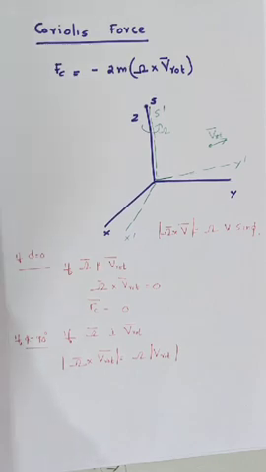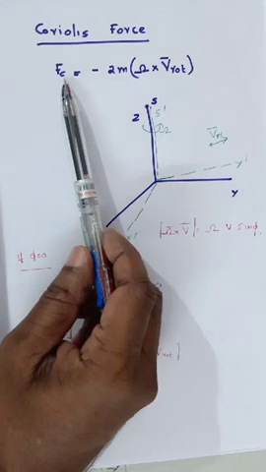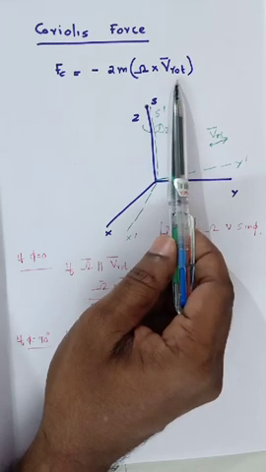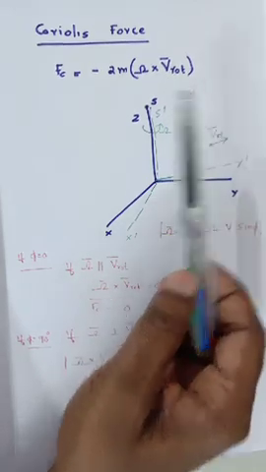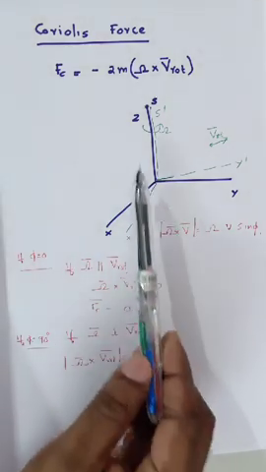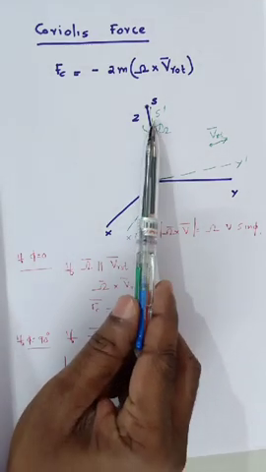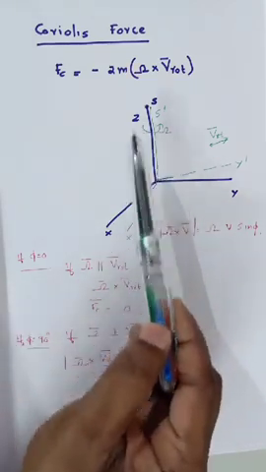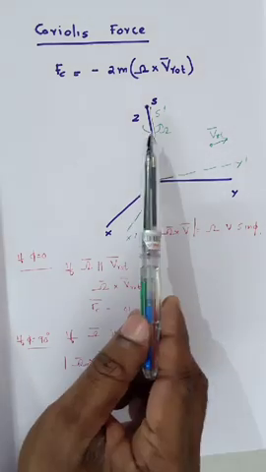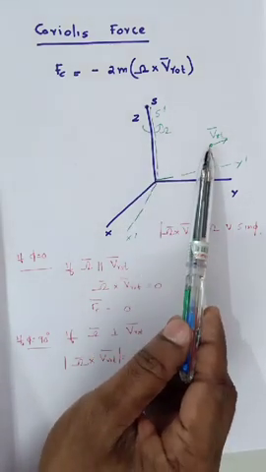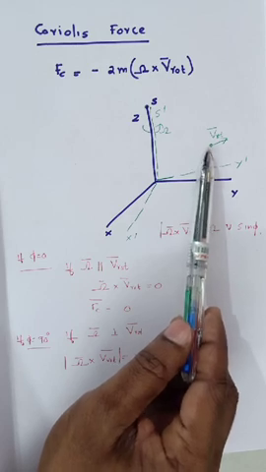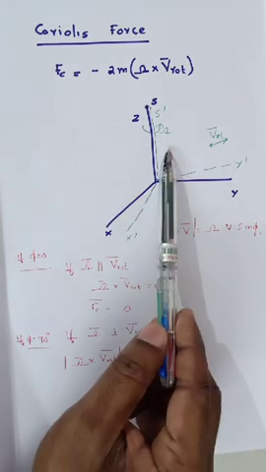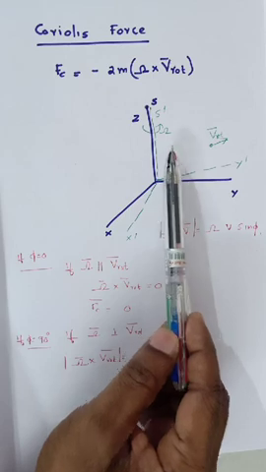We know the expression for Coriolis force is Fc equal to minus 2m into omega cross velocity in the rotating frame. So if we have two frames S and another frame S dash, and S dash is rotating with some angular velocity omega with respect to S, and with respect to S dash, suppose a particle is having a velocity v rotational, then in the rotating frame of reference, the person sitting in the rotating frame of reference will